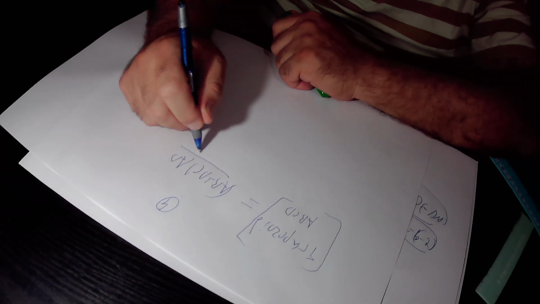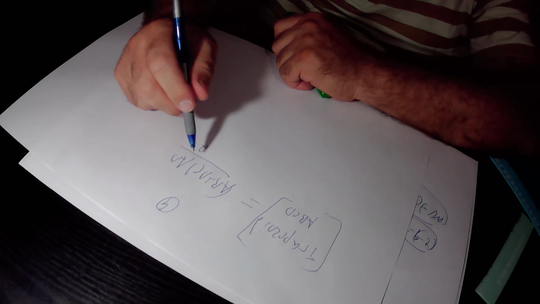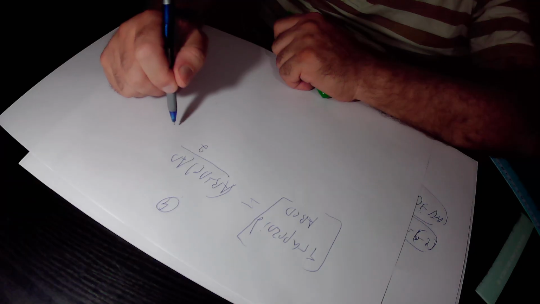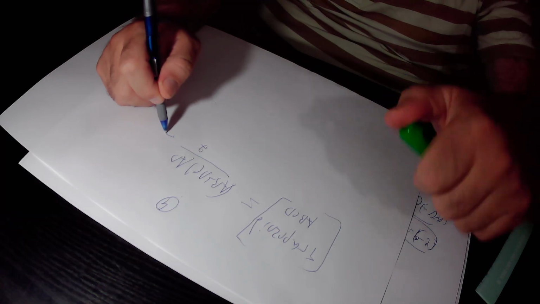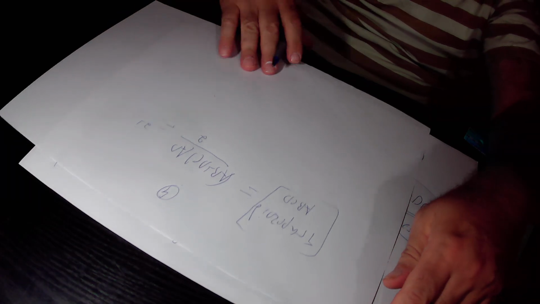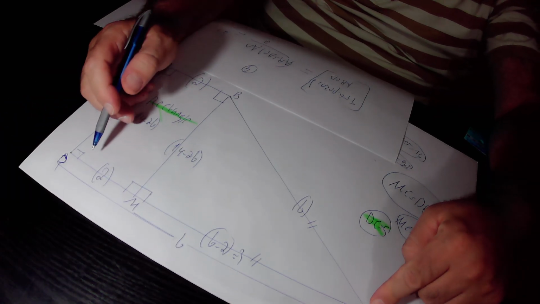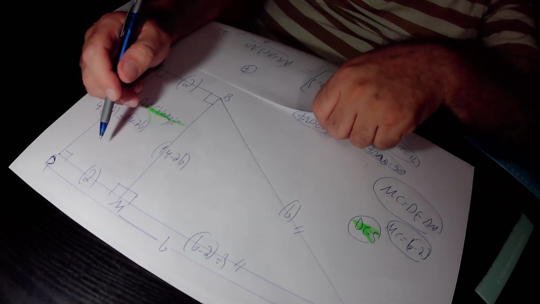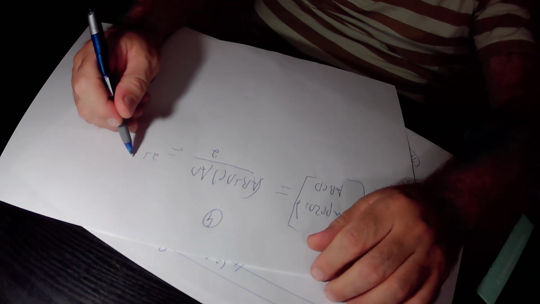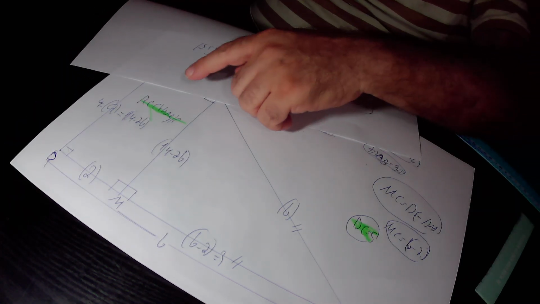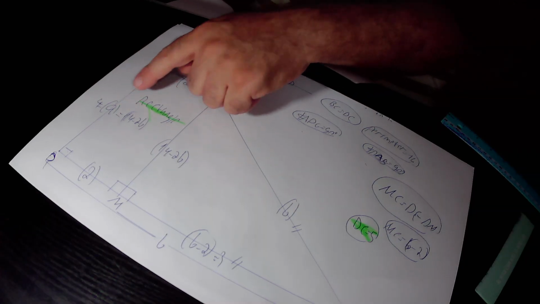Which again, the area of trapezoid ABCD equals the sum of its 2 parallel bases times the height over 2. So AB is 2 plus DC. DC in total is 2 plus 3, that is 5. So it is 2 plus 5 times the height AD. The height AD is 4